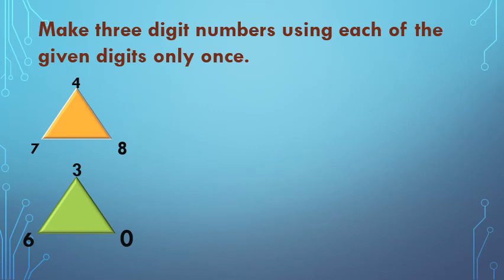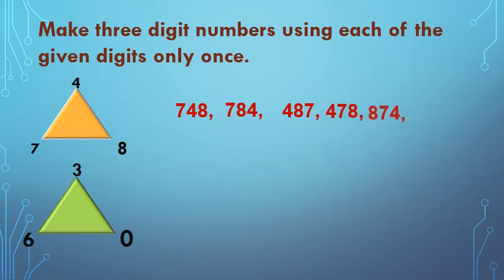Okay, now first one we will go through. See this, 748. See in the clockwise direction. Then comes 784. I change the places of 8 and 4. Now I will take 4 as the first one: 487. Now 478. Now I will take 8 as the first one. First 8 in first place, then 874. Then 847. If you go like this, it will not confuse.